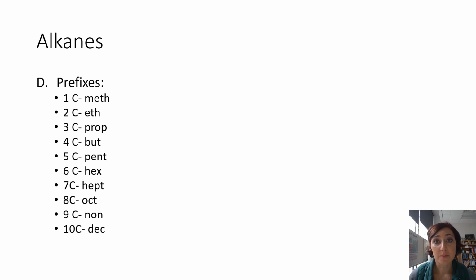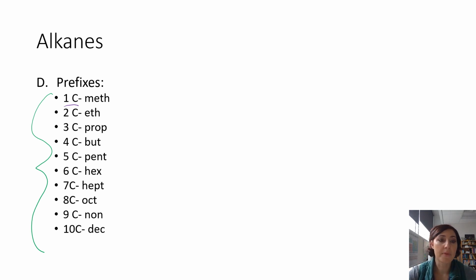The first thing that you need to memorize is probably one of the most important things because you're going to be using it all the time this semester. You need to have this list memorized, and you need to be able to work with it almost instantaneously, so get to work on this. Alkanes, alkenes, alkynes, every single functional group is going to use prefixes. So prefixes are going to be at the beginning of the name that you give to your organic compound, and they're going to denote how many carbons are present in the longest chain, also known as the parent chain. So for example, if it is a 1 carbon